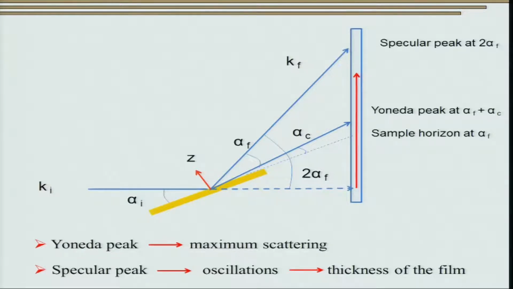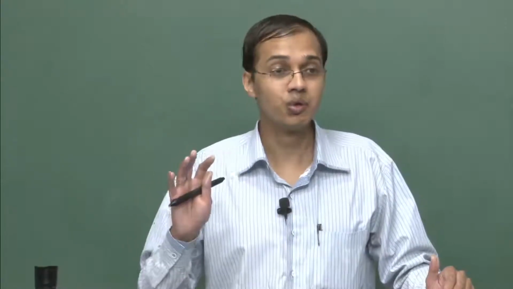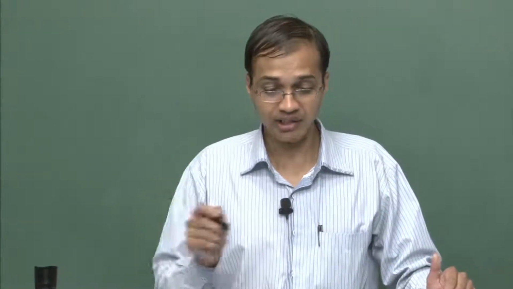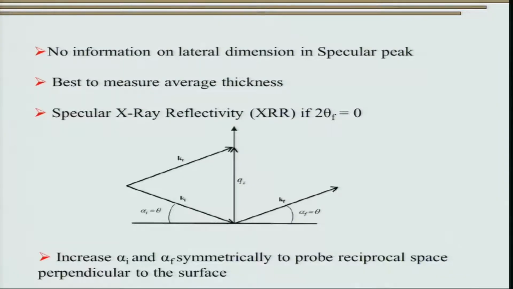I will talk about it in detail in the next slide, but what I want you to remember is that the specular as well as the Yoneda peak, which show diffraction in the z direction, give you a lot of information in a direction perpendicular to the substrate of the film. So, in the specular peak there is no information on the lateral surface, there is only information along the direction perpendicular to the plane of the substrate, and it is best to measure the average thickness of the film that we have, and this gives rise to a technique known